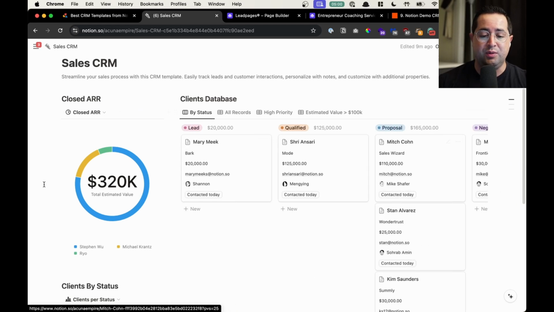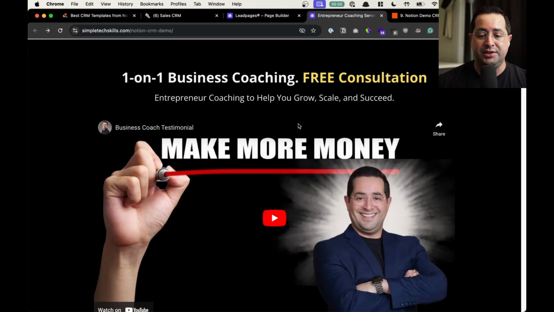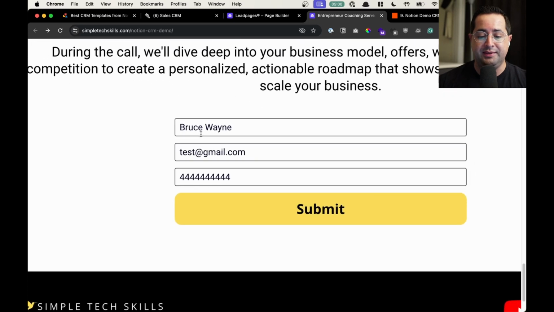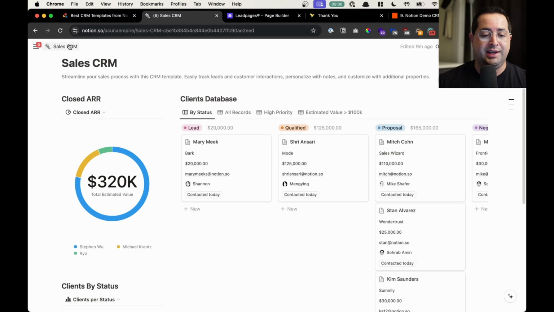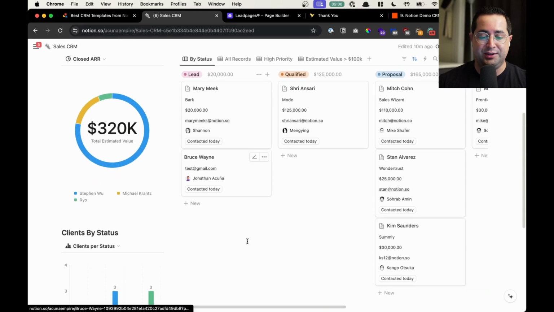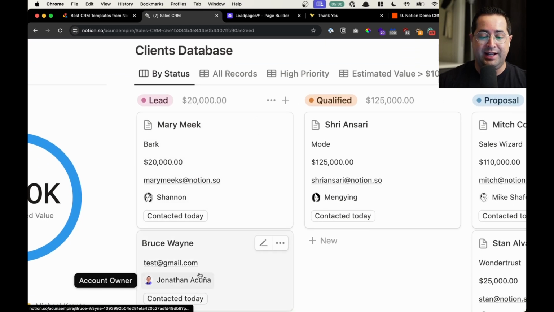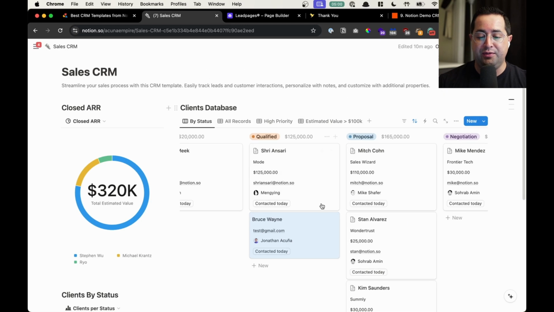So in this demo, we're going to use Notion as a CRM where, for example, if a user goes to a website, this is just a website that I cloned, and they fill out the form, say Bruce Wayne, and click submit, they get a nice little thank you page. And if I refresh this, boom, automatically there's Bruce Wayne added to my CRM in my sales pipeline under lead. And now I could follow up with him, say that he's qualified, and then move him all the way